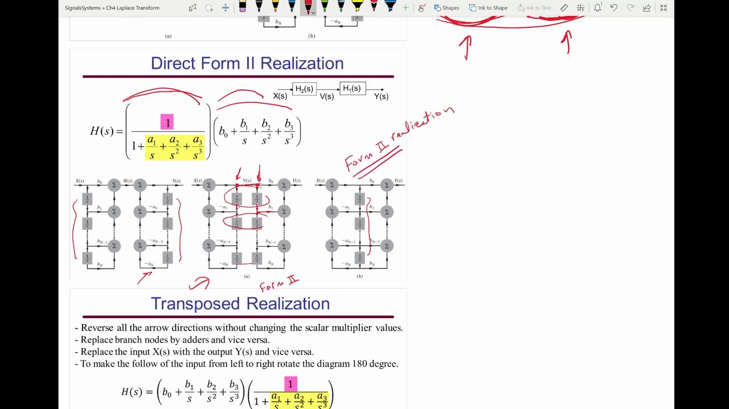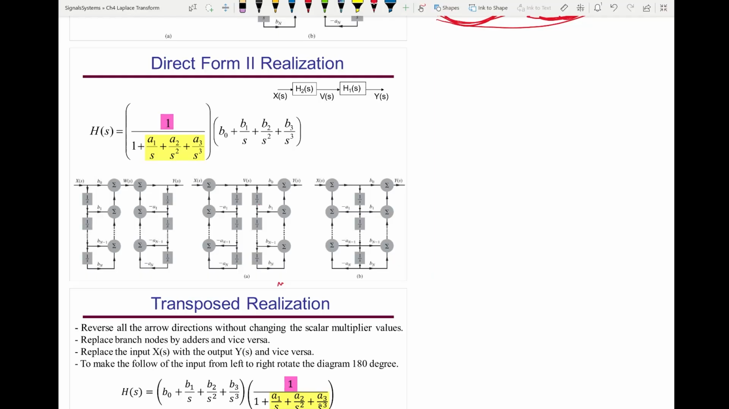And we will see how we can get form 2 realization without going through form 1 realization first, then switching them here, then combining them here to get the final. I can build form 2 realization from this equation directly. And let's see how to do that. So again, let me write this in terms of Y of S and X of S. This is Y of S over X of S. I can bring X of S here. So Y of S will be